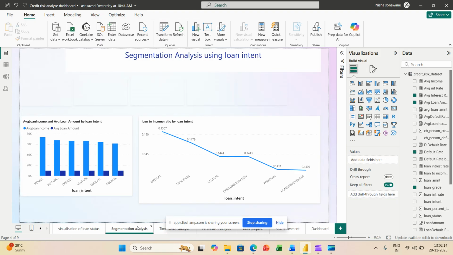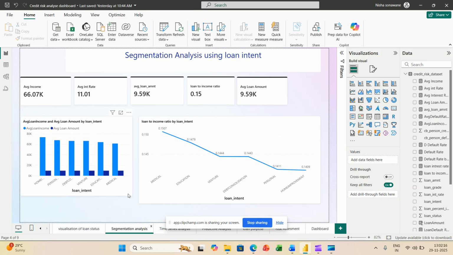Next is a segmentation analysis. So I segmented borrowers based on the loan intent like education, medical, personal, home improvement, etc. Then I compared the average income and average loan amount for each group. From this, I found which loan intent has the highest loan amount to income ratio, and this tells us which purpose has higher repayment pressure.